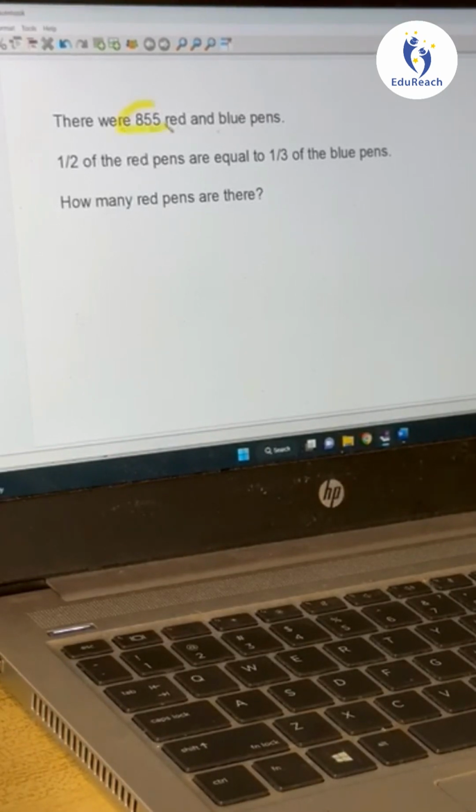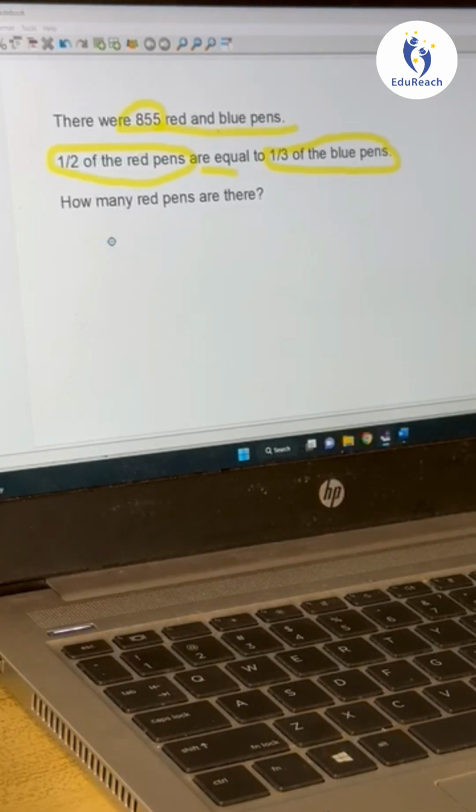So there's 855 red and blue pens. Now half of the red pens is equal to 1/3 of the blue pens. Wow, how many red pens are there? So it doesn't really matter what they ask you. Let's now try to visualize this as